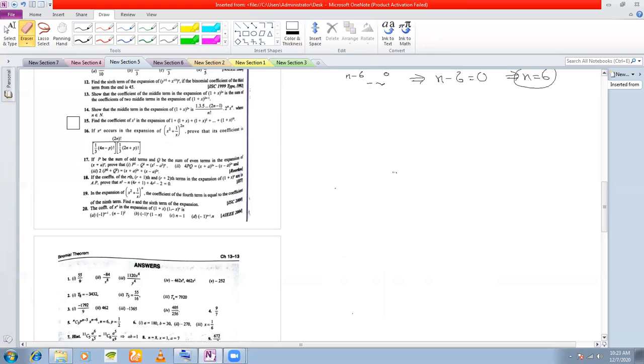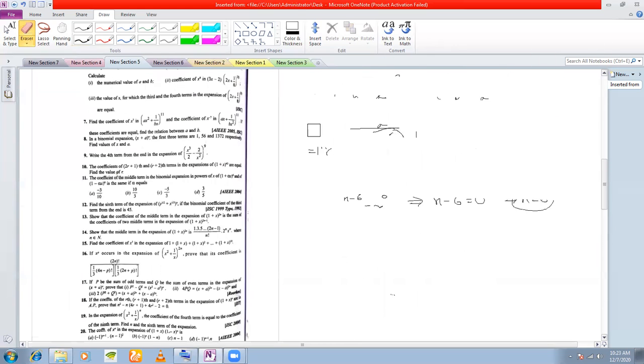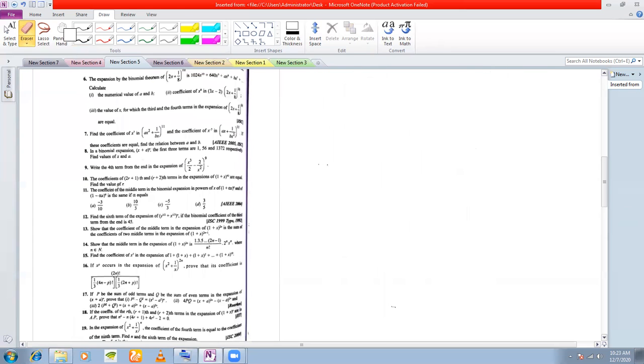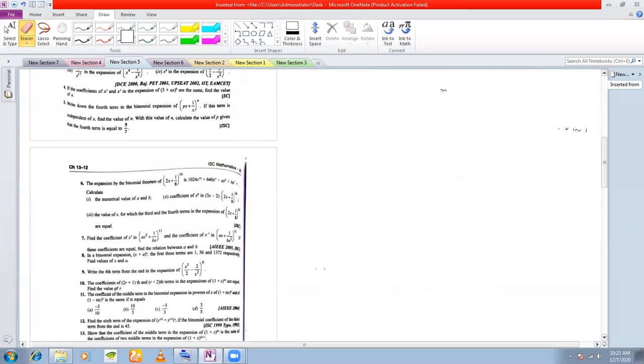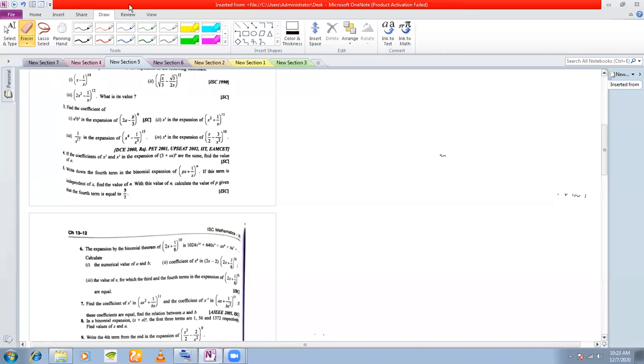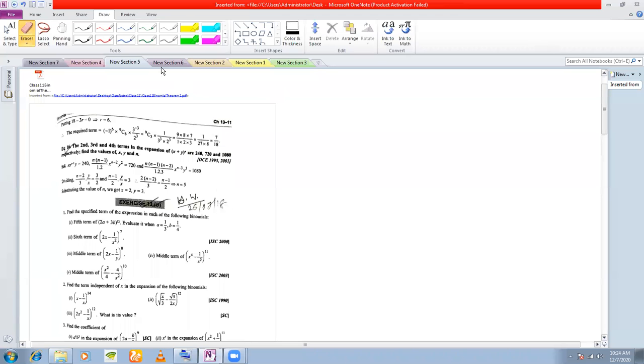But difficult yet came in your ISC. So this is going to be the second last problem. Let me start with this question, number 6. The expansion by the binomial theorem of the given, here the expansion is given to you. The given expansion is 2x plus 1 by 8 whole to the power of 10